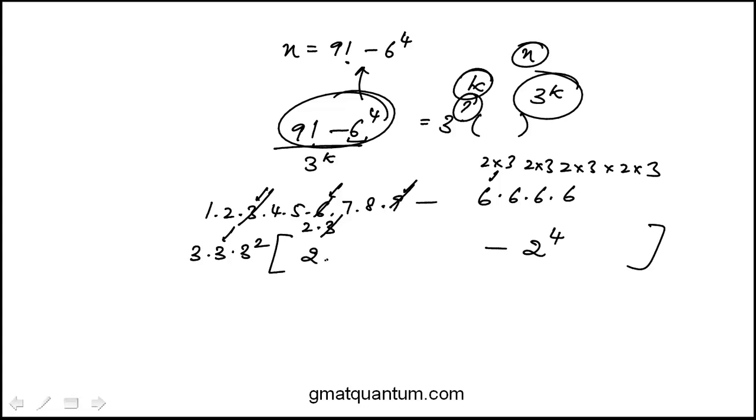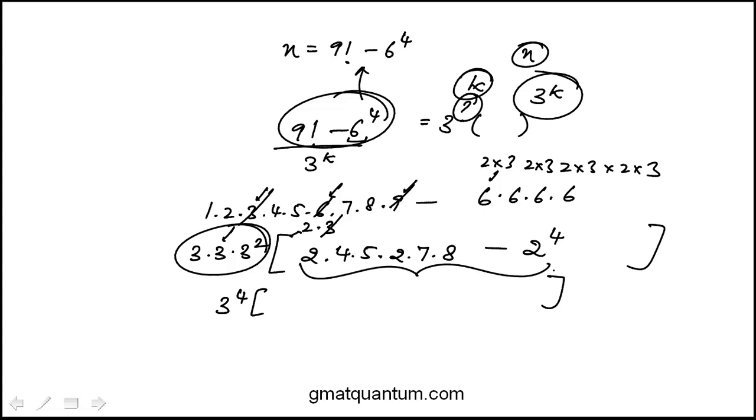And the numbers that are left are 2 times 4. This is where you want to be careful not to leave anything behind. 7 times 8. And let me just make sure: 2, 4, 5, 2, 7, 8. That's correct. Now, certainly we get 3 to the 4 here, but we also want to make sure that this